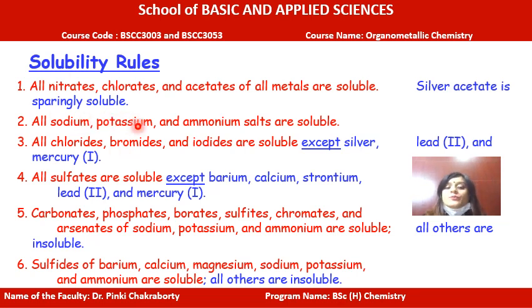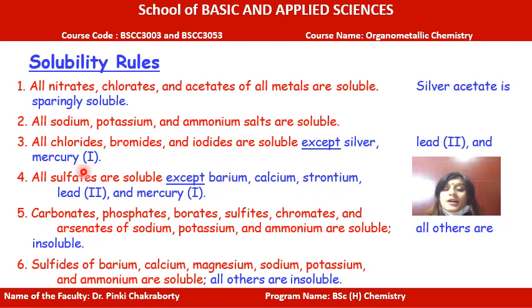Second, sodium, potassium and ammonium salts are mostly soluble in water. So you can also perform all types of preliminary and confirmatory tests using water extract. Chlorides, bromides, iodides are soluble except silver, lead and mercury halides. Fourth point, when we talk of sulfate type of anions, all sulfates are soluble except barium, calcium, strontium, lead and